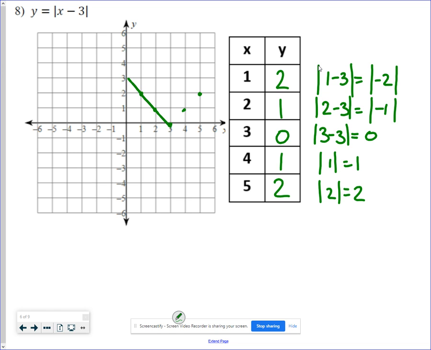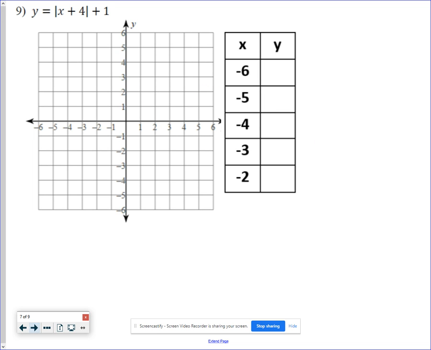So it looks similar to the first absolute value graph that we did, but it's called shifting. It's moving over 3 because of the subtracting 3 part. So that was number 8 from the worksheet. Now we're going to jump to number 9. And in number 9, I've got